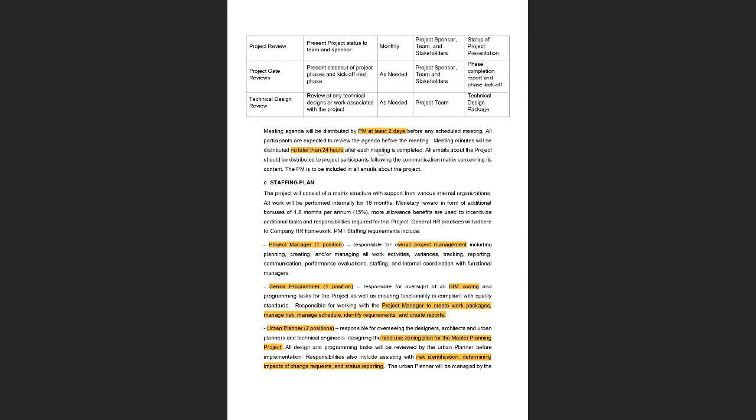Typically, these are the types of communication that have to take place within the team members and the sponsors and the stakeholders to make sure that the work is being carried out in a transparent manner. We don't get stuck in any kind of issues. So this is what the communication matrix looks like.